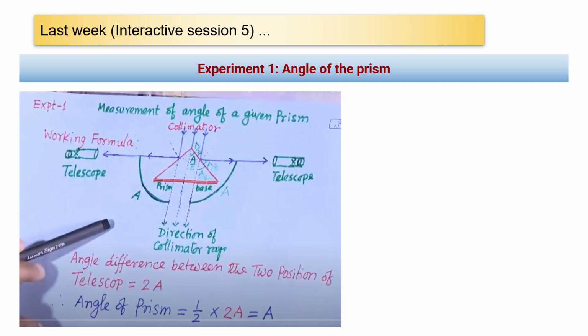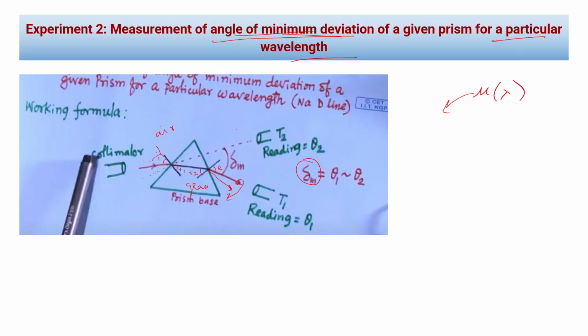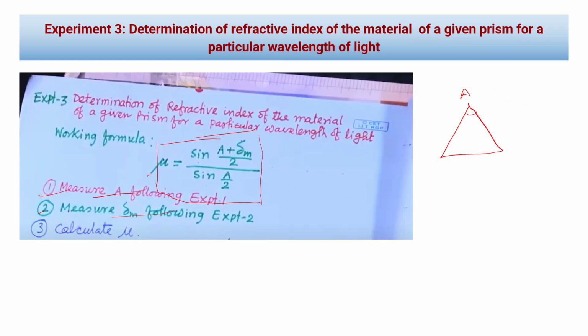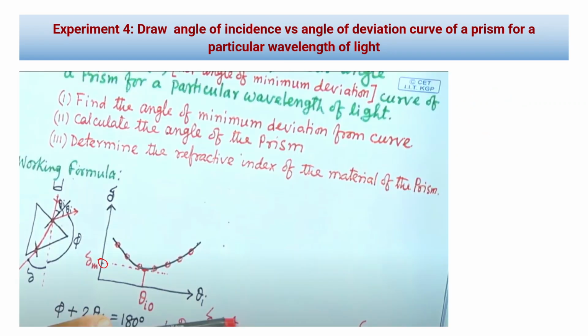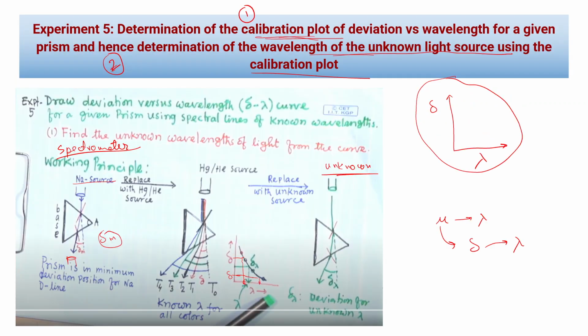Till now we were discussing spectrometer-based experiments using a prism, and we tried to understand different parts of the prism, its angle, angle of deviation, angle of minimum deviation, how to find the angle of the prism, how to measure the angle of minimum deviation, then how to get the calibration graph